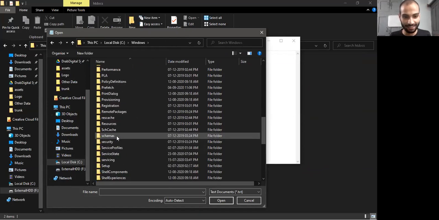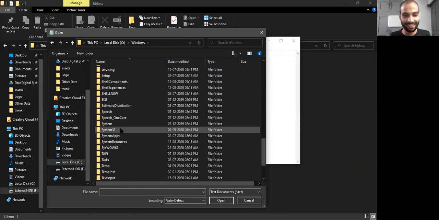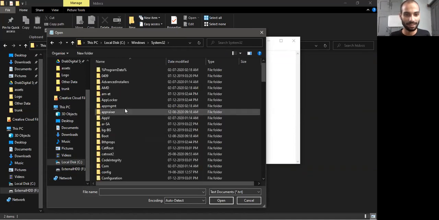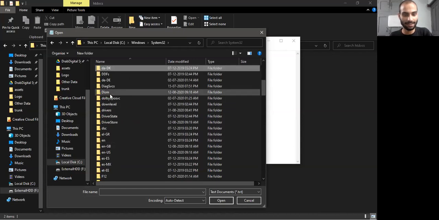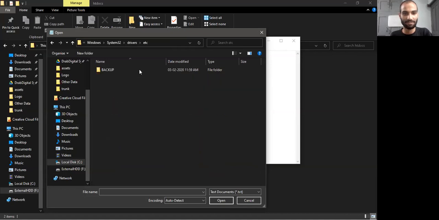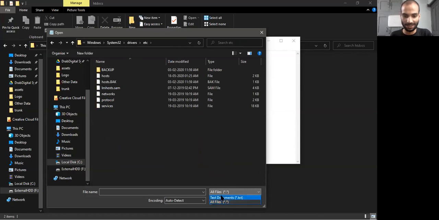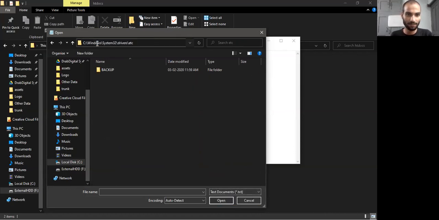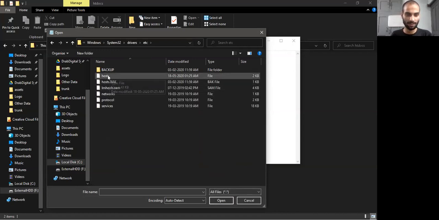Yes, this is system 32. Then I feel driver is there. I'll just tell you in the end what is the right directory. Here you have to click. Yeah, here it is. So you have to go to this directory, Windows, system 32, drivers, etc. And here you have to then click on all files, and here you can see this hosts file. So just have to open this one,